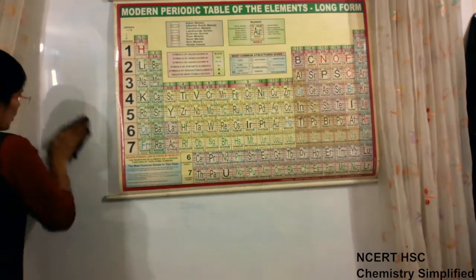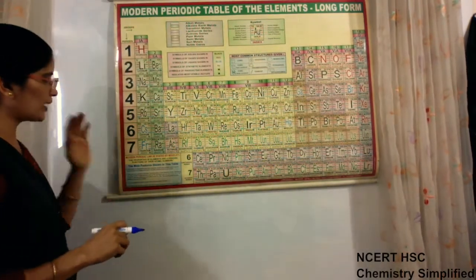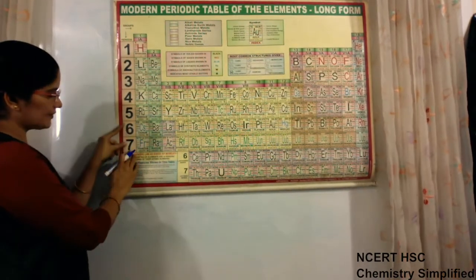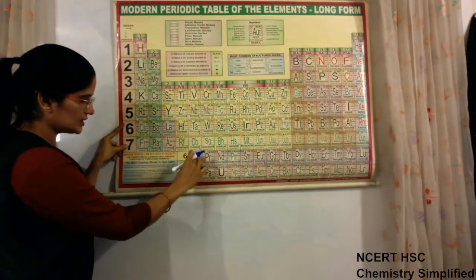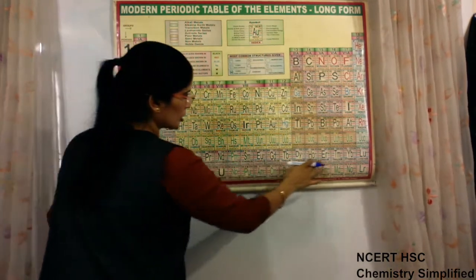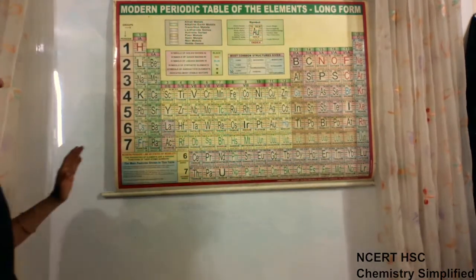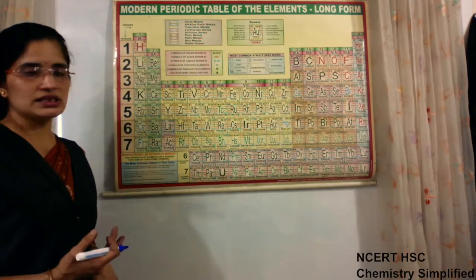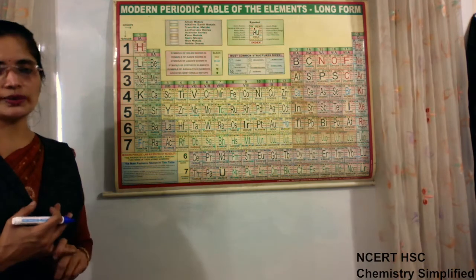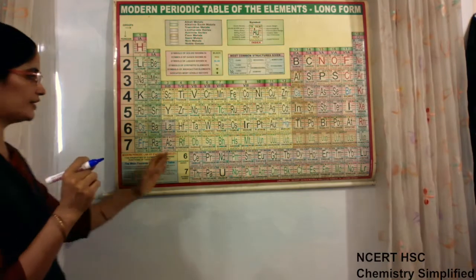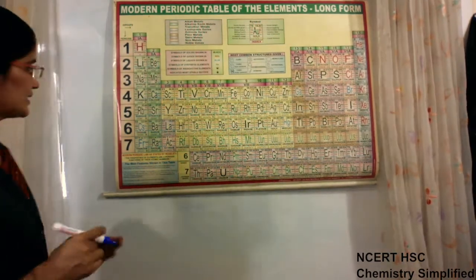Okay, now comes the last, that is f block elements. Now in f block elements, if we see, what will happen? See, the 6th and 7th periods are the periods which have this. Part of this 6th and 7th period is this also, where electrons are going in f. Now, the filling of f orbitals is not uniform or according to the n plus l rule, or you can say Aufbau principle of filling of electrons. Somewhere some rules are broken when filling of f orbitals or f subshells takes place.